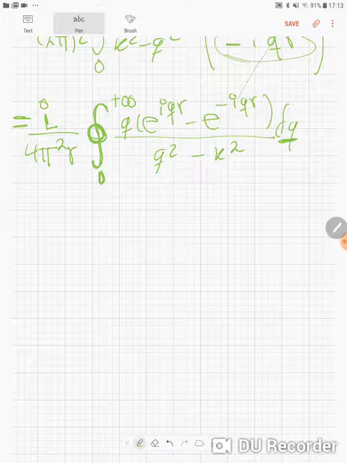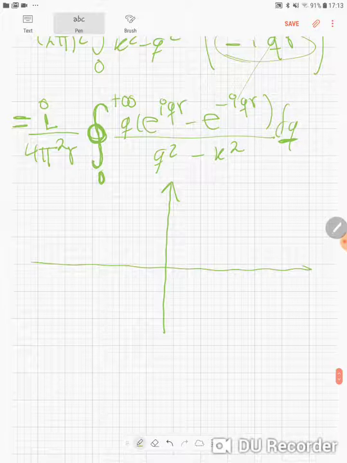Let me explain what I'm trying to achieve. For this integration in the complex plane, we need to integrate, as I explained in the chapter on Green's functions in classical physics,